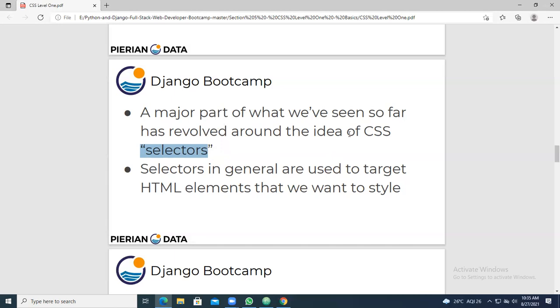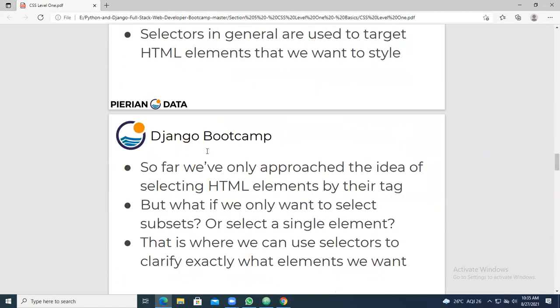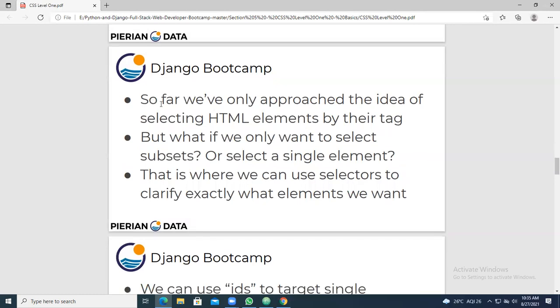For that, you come across the word selectors. So far, we have only approached HTML elements by their tag. But if you want to select subsets or a single element, we can use selectors, which clarify exactly what elements we want.